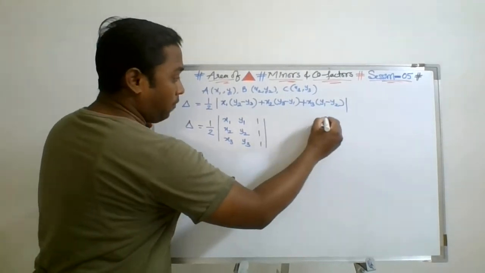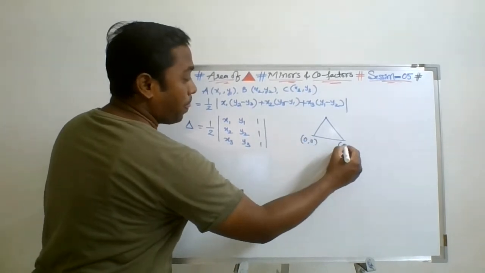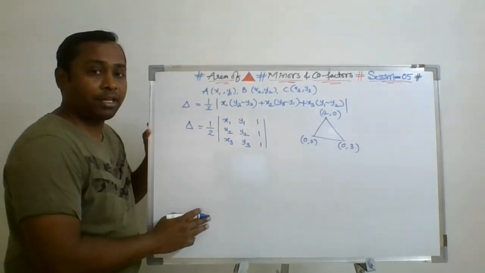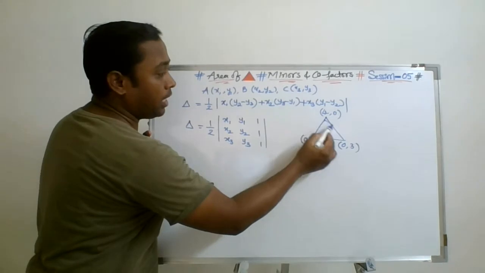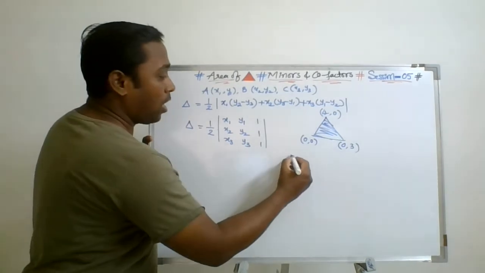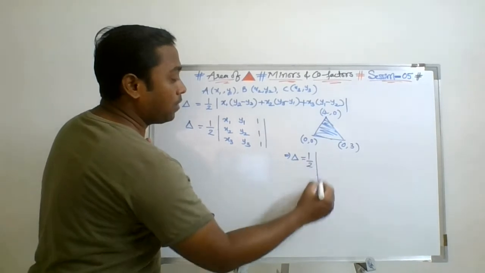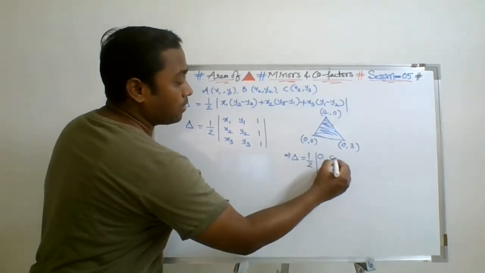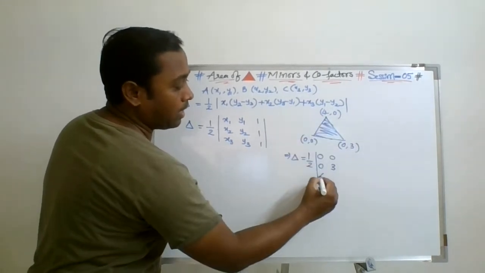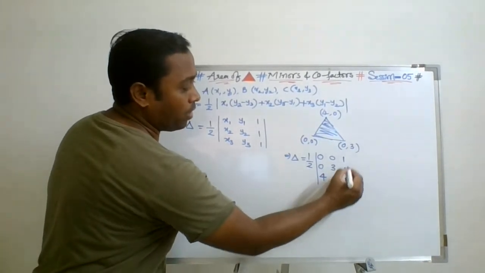See what the question is: find the area of the triangle which is formed by 0 comma 0, 0 comma 3 and 4 comma 0. I am purposely taking very simple digits here. So can I use this formula to find the area of the triangle? Let's see. The area of the triangle will be equal to half of the determinant. Now we need to write the elements 0 0, x2, that is x1 y1 x2 y2 x3 y3. So I'm writing the coordinates in order column-wise, and then the third column is always 1 1 1.